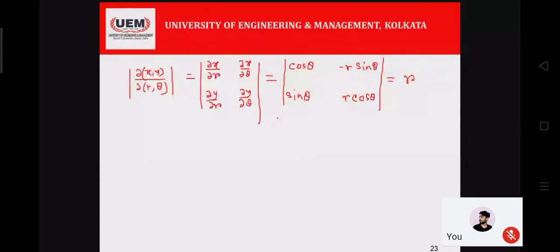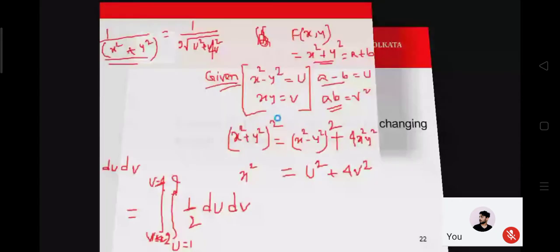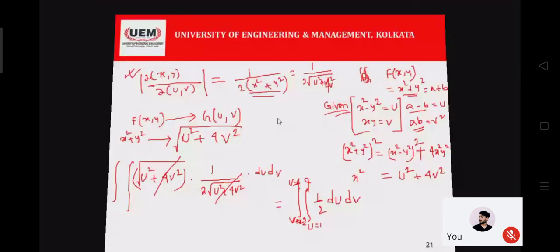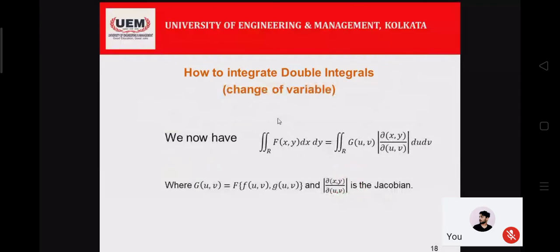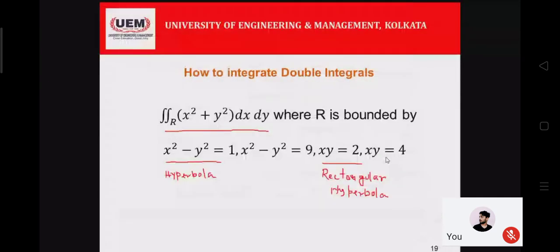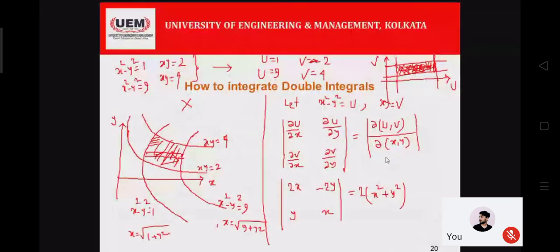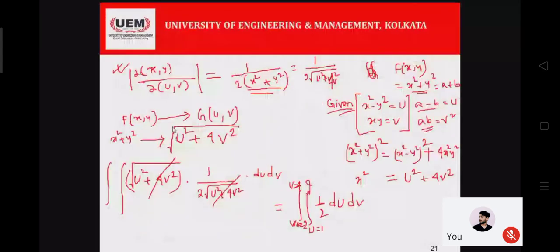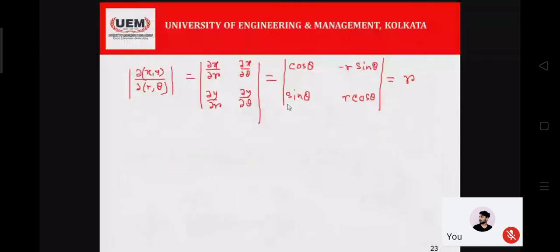Go back to our formula slide. Look, these are our old variables, these are our new variables. While going back, let us wait here. We calculated the new variables on the top and the old variables below. So that's why we took the inverse in the next slide. But for this problem, we are already in the correct notation, so no need to take the inverse of this.